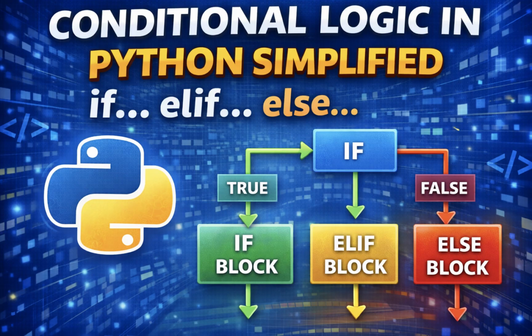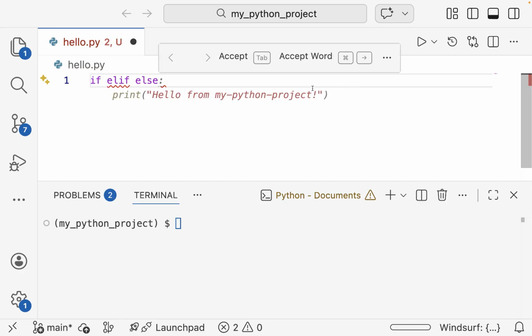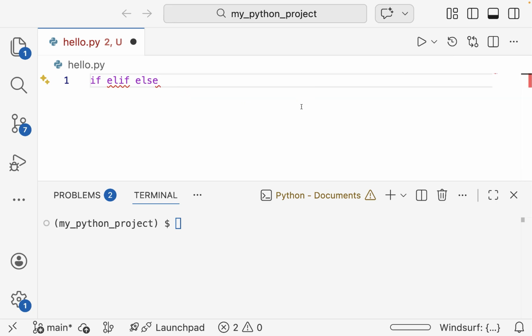Today we learn something very simple but very important in Python programming, and that is conditional logic. That means you tell Python to do something only when a certain condition is true, and use if, elif, else. So these are the three words that will help your code decide what to do based on different situations, just like decisions in